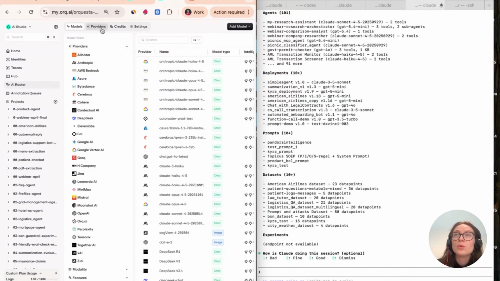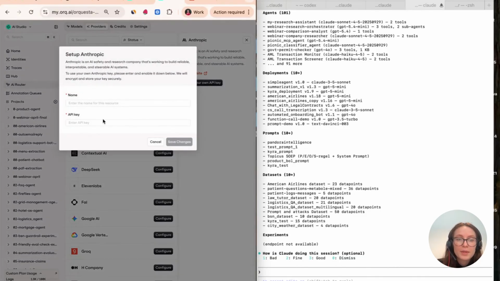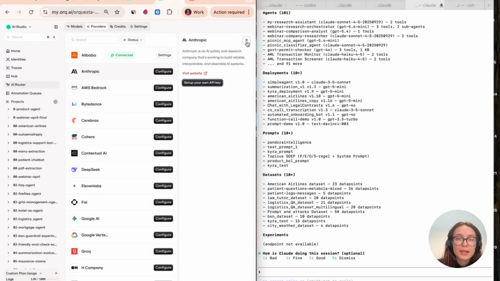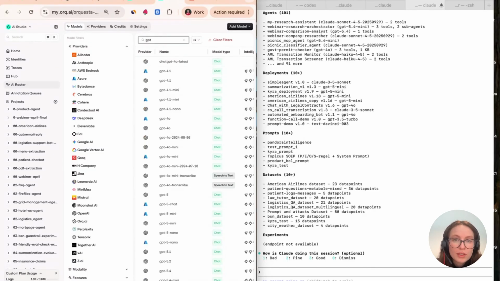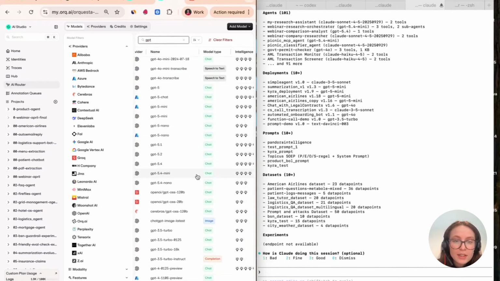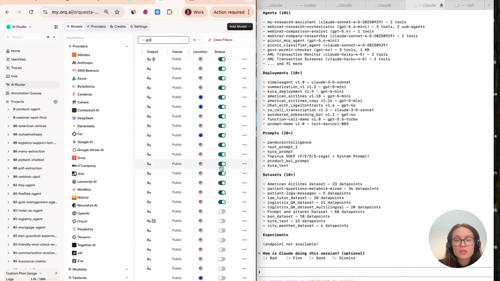Or what you can do, if you want to be safe during the session and you want to run everything I will run today, is integrate your providers here in the provider tab. You can configure, set up an API key, and drop the relevant API key here. I've set up everything in such a way that you should be able to complete this webinar with $1 worth of credit. And then what I want you to do, in the search bar, type in GPT, and then you see GPT 5.4 mini, and then make sure that it's toggled on.